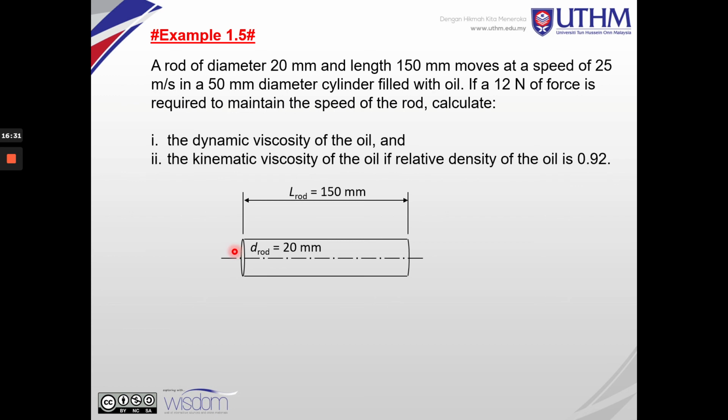A rod of diameter 20 mm and length moves at a speed of 25 m/s. So calculate the dynamic